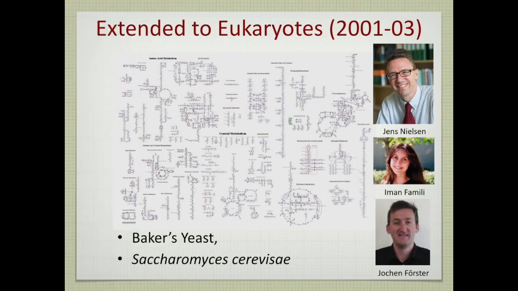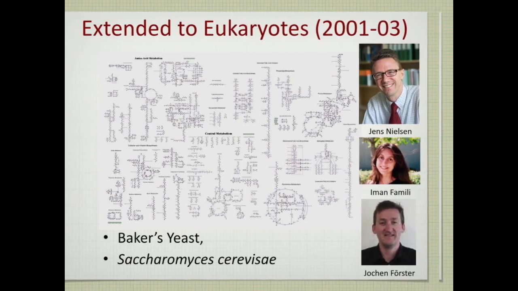So this became possible in the late 90s for bacteria. This graduated to eukaryotic cells. Here is the first genome scale map for metabolism in a eukaryote. The yeast we all love, Saccharomyces cerevisiae. Yeast generate beer, wine, cheese, and other good things for us. Important industrial organism. So this was the first eukaryotic metabolic map that was put together.